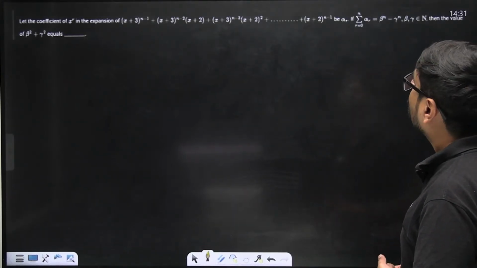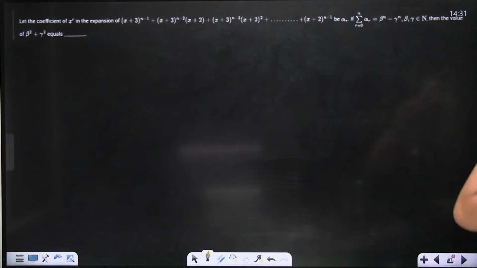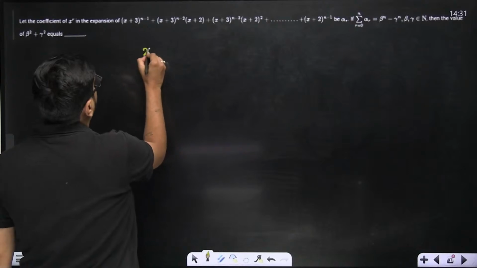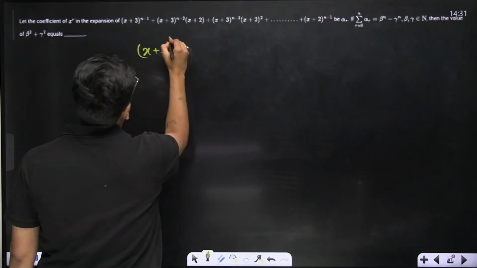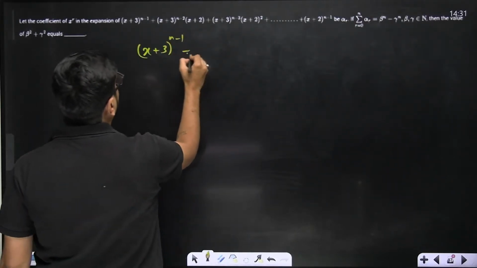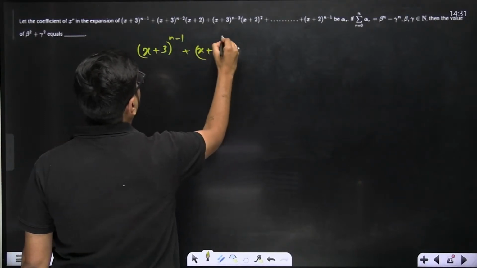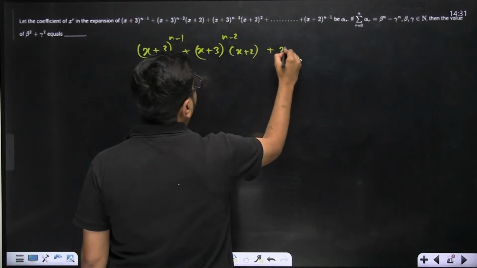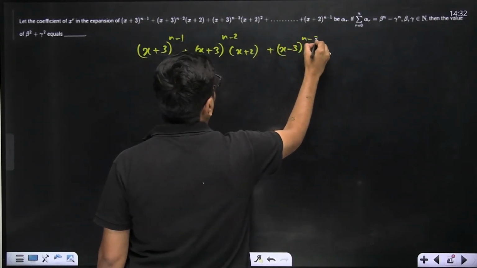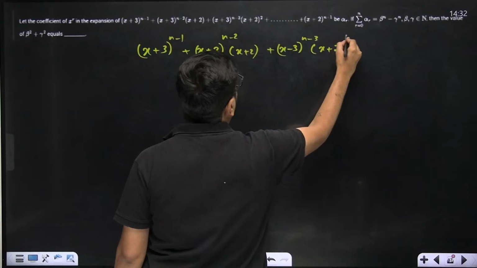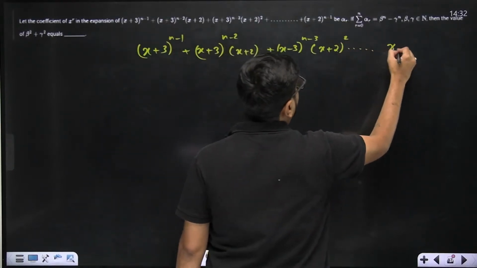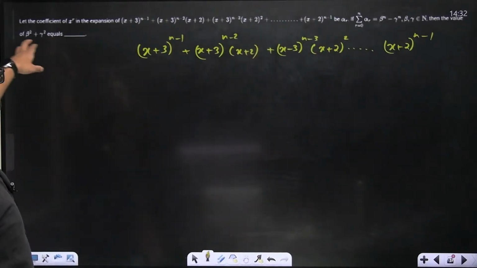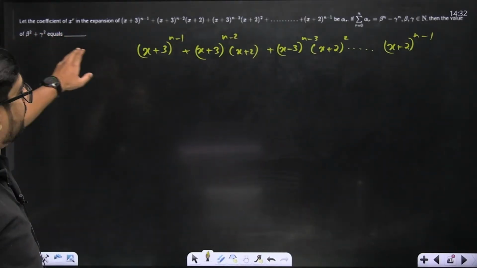What is this? The font is a little low, but yeah, this question is good. This is saying (x plus 3) to the power n minus 1 plus (x plus 3) to the power n minus 2 multiplied with (x plus 2) plus (x plus 3) to the power n minus 3 multiplied with (x plus 2) to the power 2, and this goes till (x plus 2) to the power n minus 1. The question is saying that let the coefficient of x to the power r in this expansion